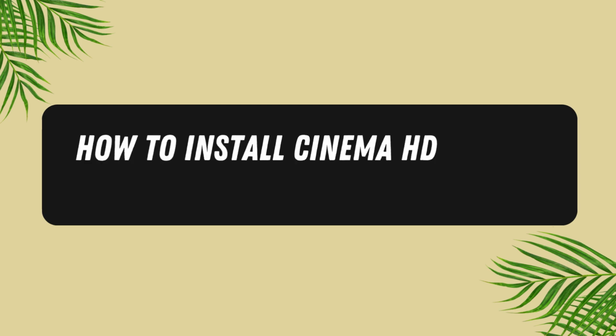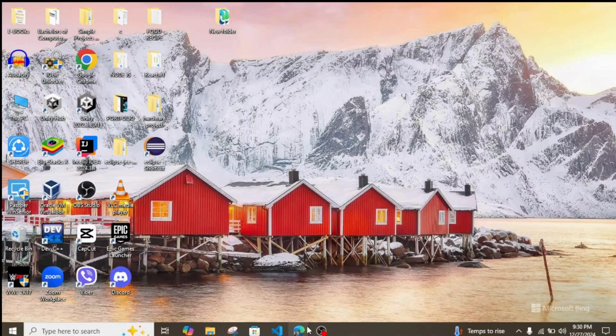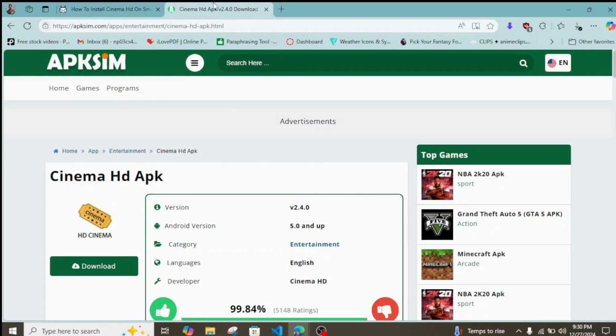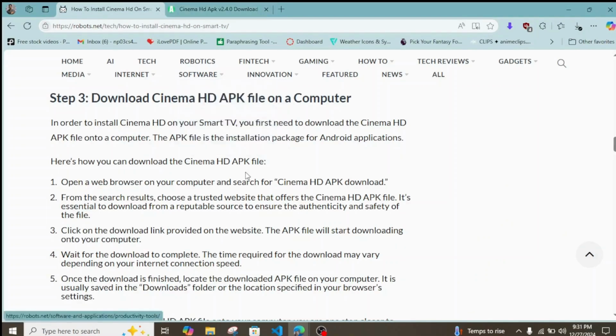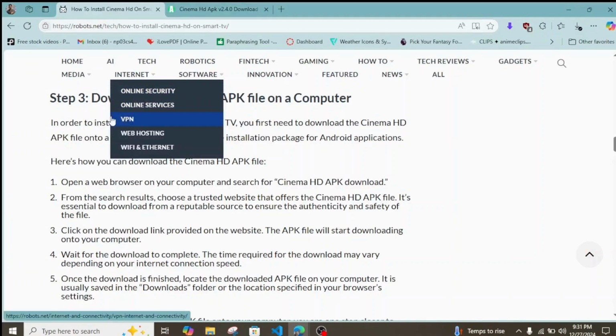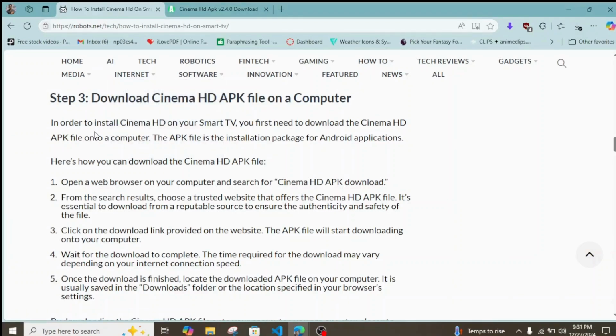to install Cinema SD application on your smart TV. First things first, simply head over to any of your browsers, and inside a browser, you can find this site called How to Install Cinema SD on Smart TV. And for this, you can simply click on the following and watch the guide from here, and step by step